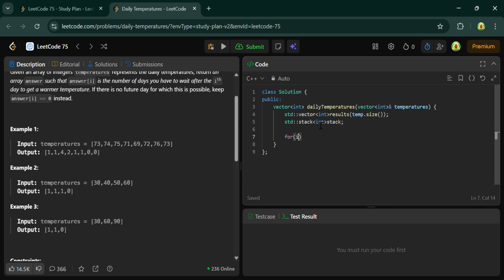And then you have to loop for int i equals 0, i less than temp.size(), i plus plus, and then you just have to check while